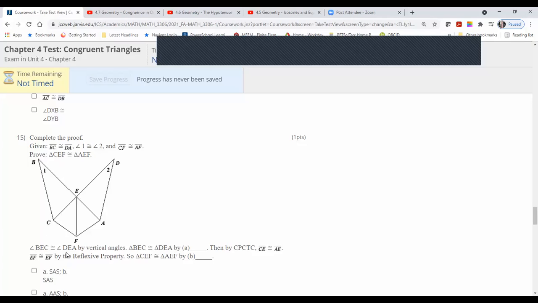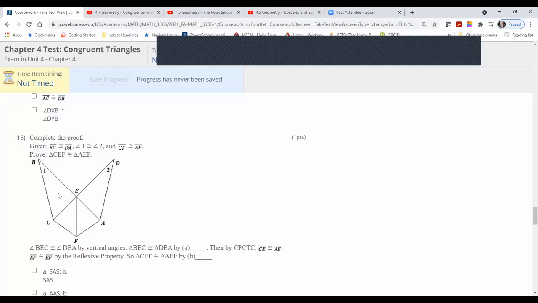Okay, so third one here. Okay, sorry. So angle BCE is congruent with DEA because it's a vertical angle, right? Okay. And so now you can prove that PEC is congruent with DEA